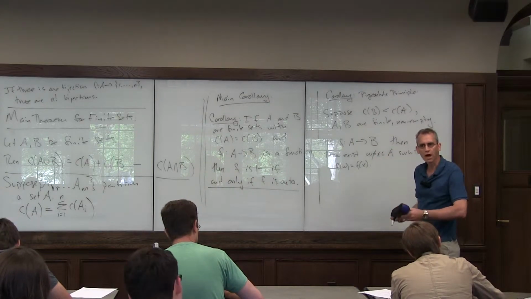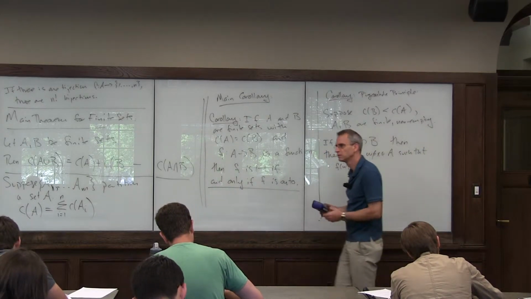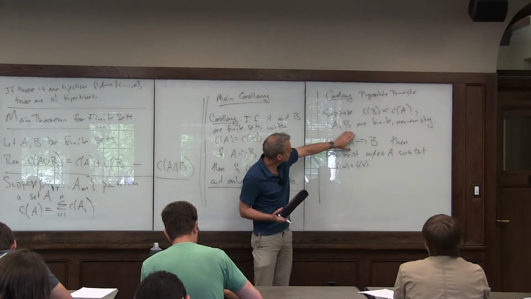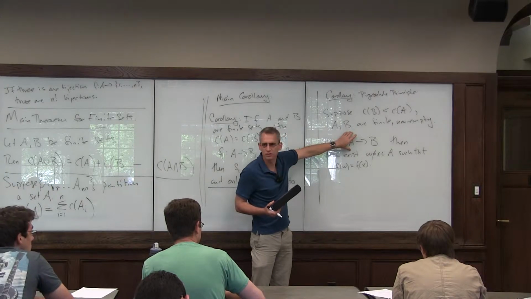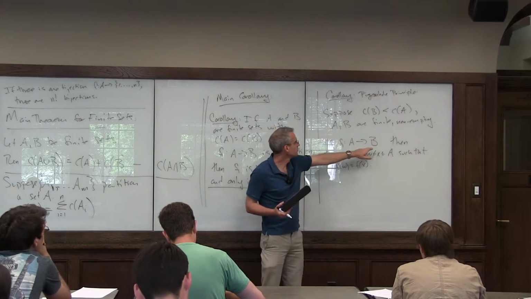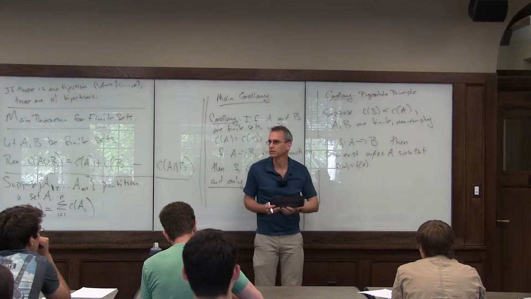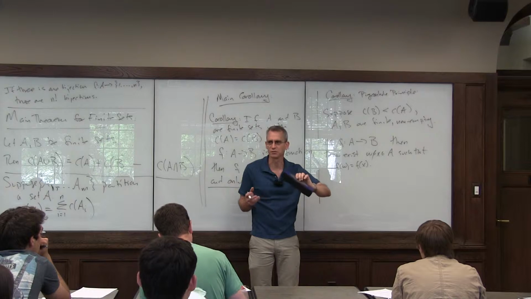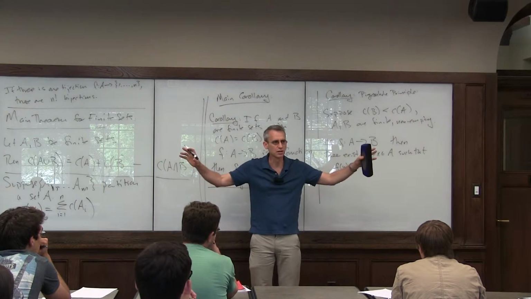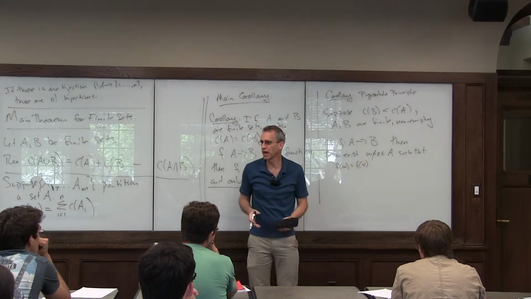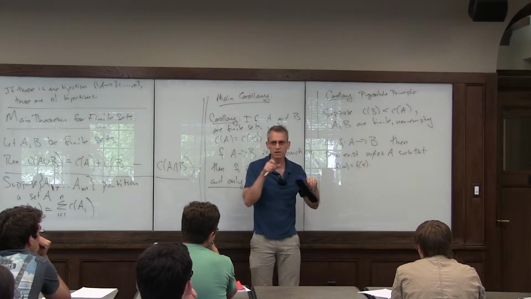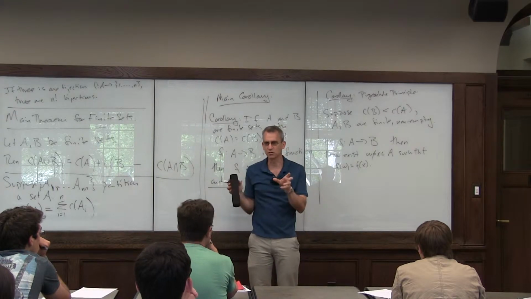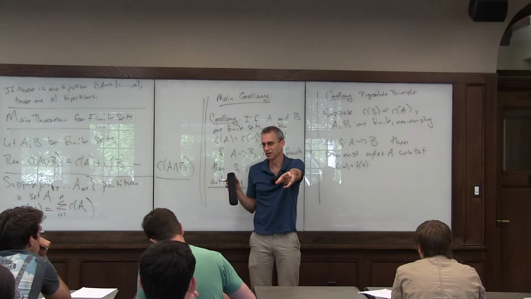Okay? So why is this called the pigeonhole principle? Because this is your collection of pigeons, A, and B is your collection of pigeonholes. Okay, and nobody besides pigeons likes to be pigeonholed, but that's what we're going to do. So we have A pigeons, and we have a smaller number of holes than we have pigeons. And we want to put each pigeon into a hole. What this says is that there are going to be two pigeons who are sharing a hole,